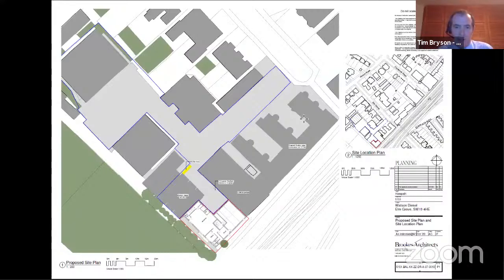Members, this application site is within the end of Elm Grove, in what's called the Elm Grove Business Centre. The site currently comprises workshop buildings situated here in the southern corner of the site. The site access is from the end of Elm Grove and through the business park round to the back corner here. The application itself is for